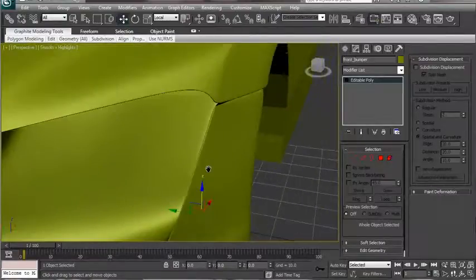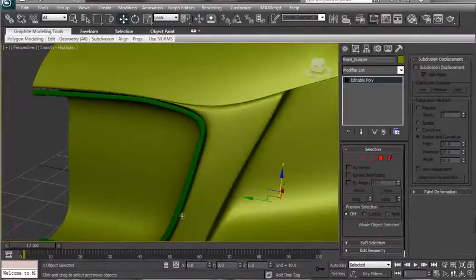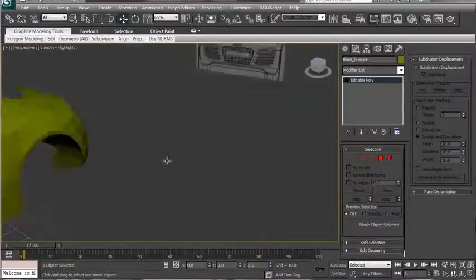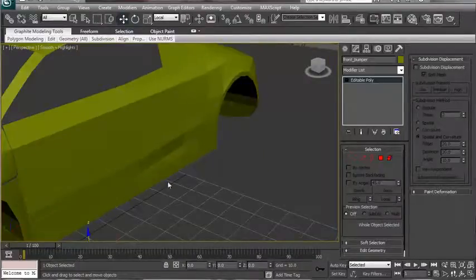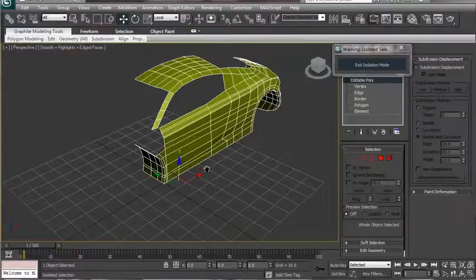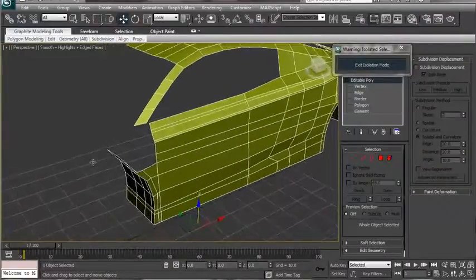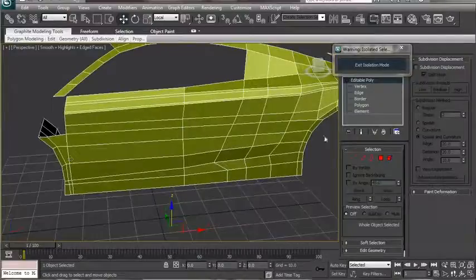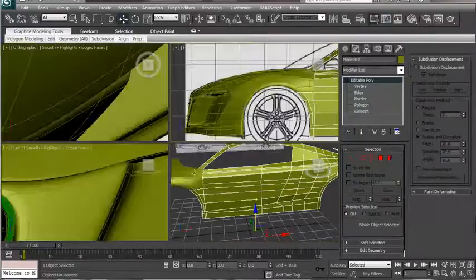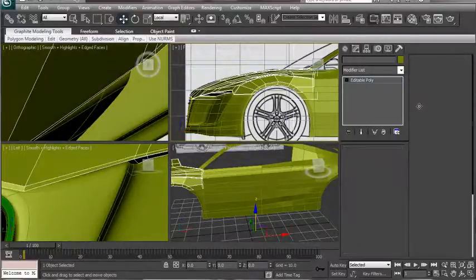You can see that it's almost final quality. What we can do now is, I think we can go ahead and model the door in this part now. So let's select this part and enter into isolation mode, and what we can do now is, let's go to the side view, let's exit isolation mode, and let's turn off subdivision surface for all the geometries,